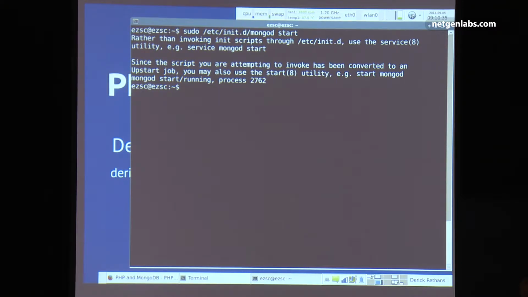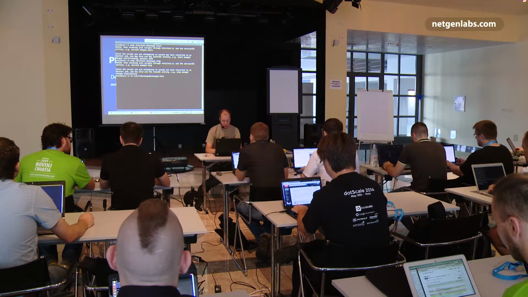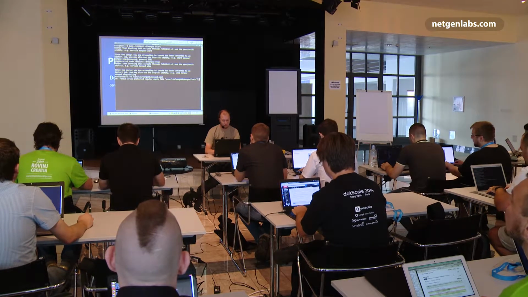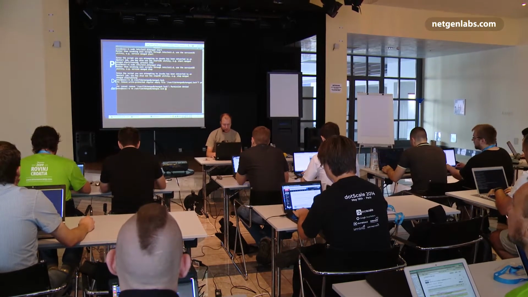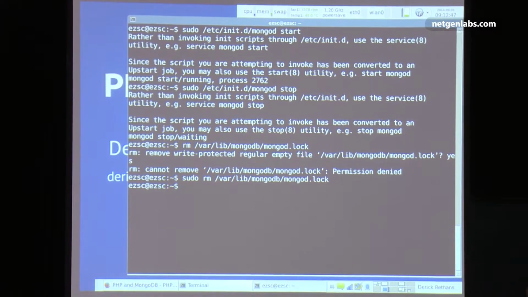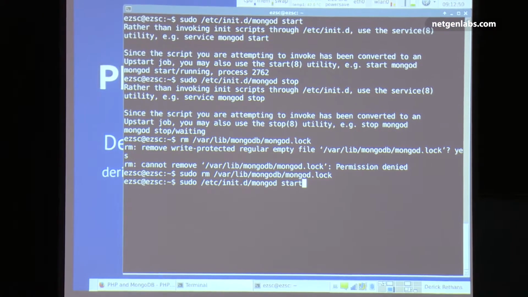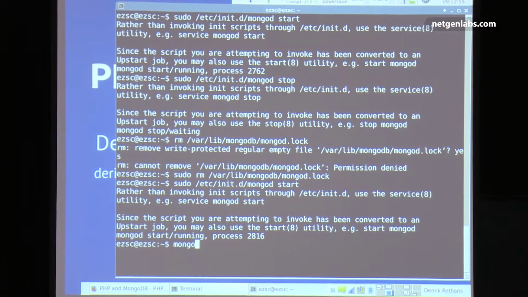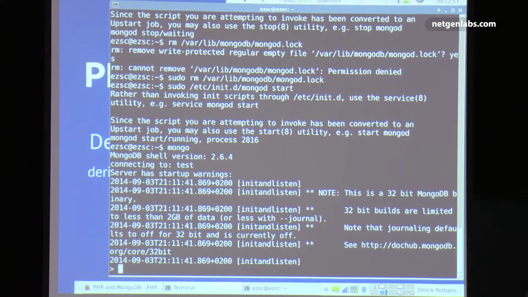So we stop it first, and then you remove this file. This one. If you do that. Yes, yes, delete it already. Do that as root, then it actually works. Once you have done that, it should now start. And then we can test that. And then you should get the angry message. Does that fix it for everybody? Yeah. Yes? Perfect. All right, so yes, we now have actually a MongoDB shell,